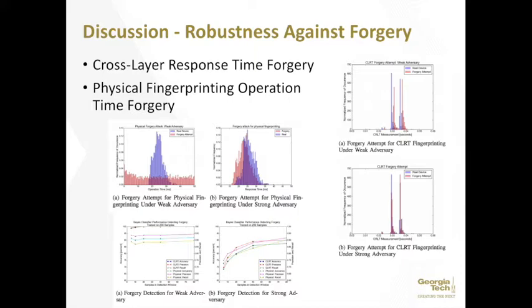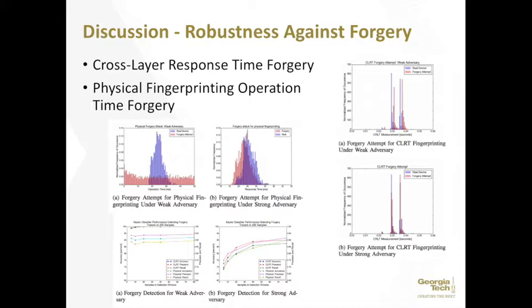With regards to physical fingerprinting operation time forgery, the attacker's clock on a modern day computer is actually very accurate. However, ICS systems have a lot of legacy systems, and they actually have a lot of time drift within the internal clock. And matching up with the internal clock of an ICS system would require a tremendous amount of knowledge about the ICS system itself. So this waiver can be enough to identify some of these problems and some of these compromises.